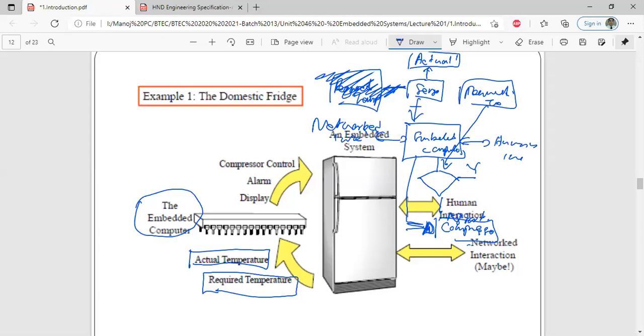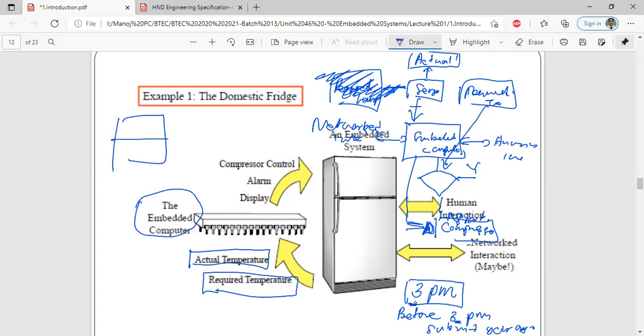Before 3 p.m., submit your answers using Zoom only to me. There's a chat option, so submit that before 3 p.m. to me. Afterwards we will discuss it, so all of you have to upload to me. Make sure you are not sharing these with everyone. Take an A4 size piece of paper, then divide it into two. Then draw the operation in block